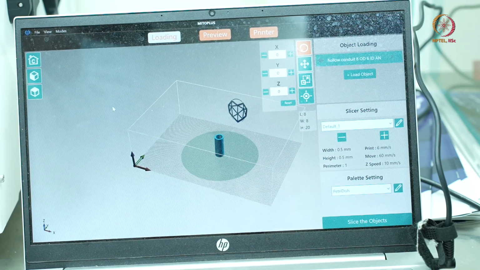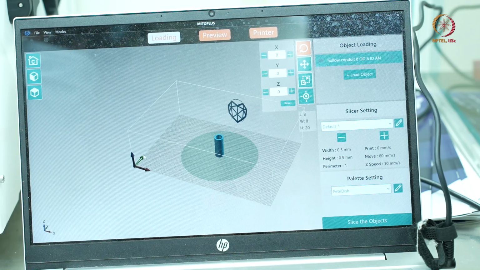Another option is to use synthetic hydrogel scaffolds, a cylindrical conduit structure, which can be placed there and which should have sufficient electrical conductivity, and that electrical conductivity is required for nerve regeneration.